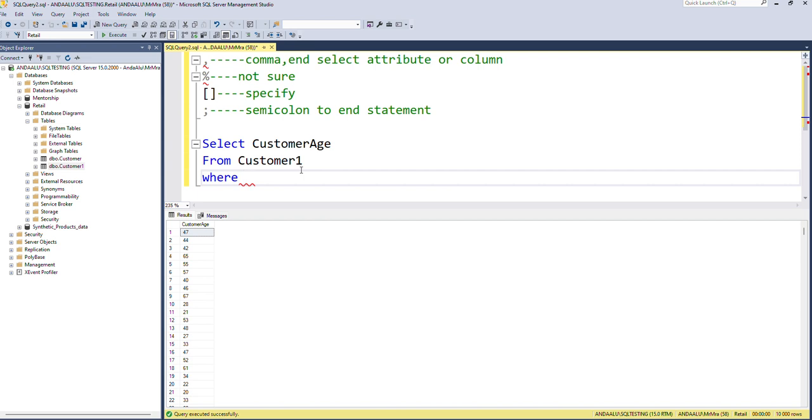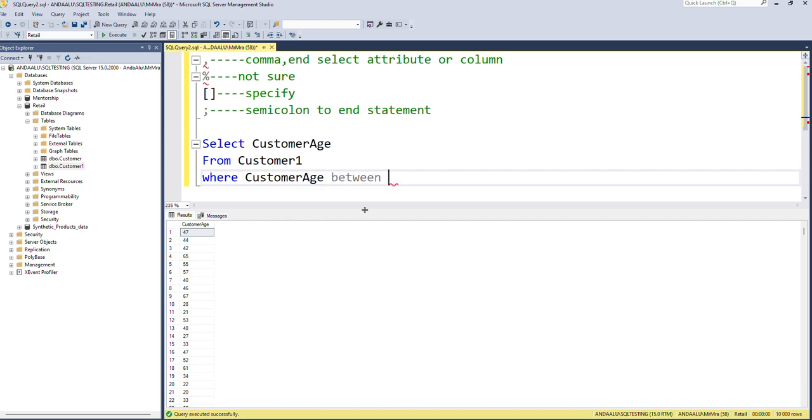So what we want to select now is the ages between 30 and maybe 45. Let's try to do that. Where customer age, you still have to specify the column, are between